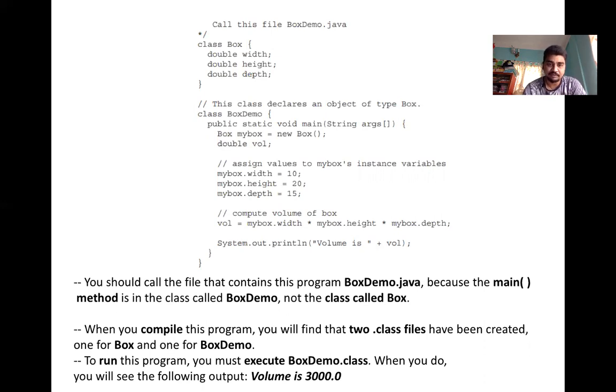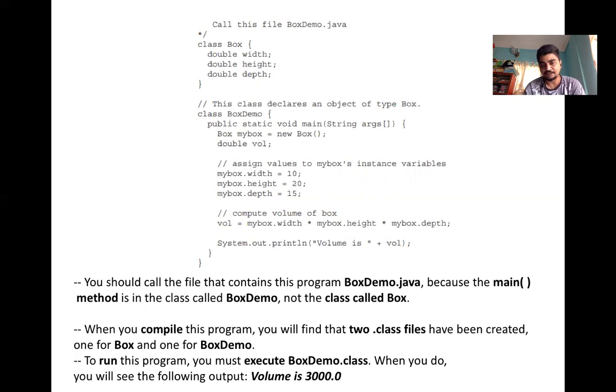Then Box myBox = new Box, double vol, myBox.width = 10, myBox.height = 20, myBox.depth = 15. Here vol is basically the volume. So vol = myBox.width * myBox.height * myBox.depth, that will give you the volume. And System.out.println("Volume is " + vol) will display the volume of the box.